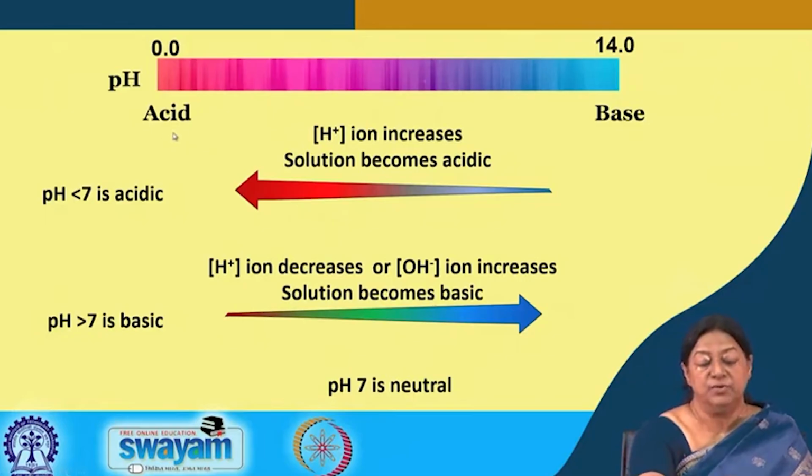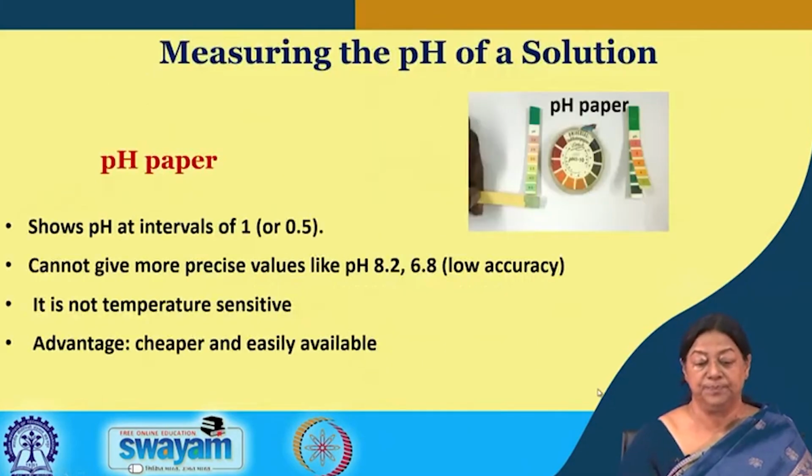This pH range can go from 0 to 14, and as the pH becomes less than 7, pH 7 being neutral, we have increasing hydrogen ion concentration, which means that the solution becomes acidic. On the other hand, when we go toward the basic direction, we have the solution becoming basic, meaning that the hydroxide ion concentration is increasing and the H plus ion concentration is decreasing, and pH 7 corresponds to a neutral value. If we want to measure the pH of the solution, a crude way to measure the